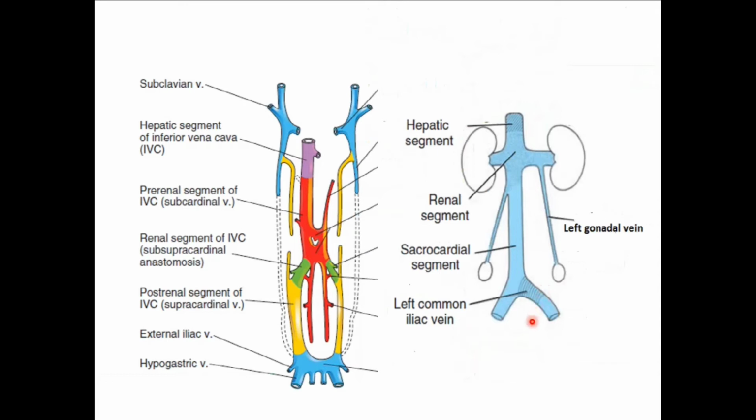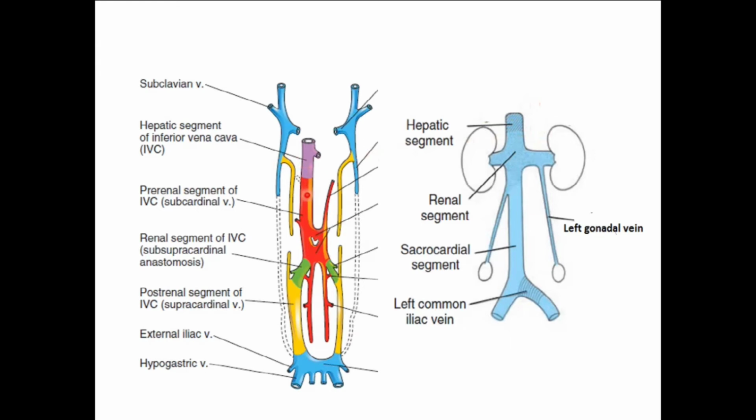Now here is the picture of inferior vena cava with its different segments: hepatic, renal, sacrocardinal, and you can see that there is one more picture on the left hand side. This is from KLM, and they have shown the formation of the inferior vena cava in different segments. Hepatic is same as shown in this. This is from Langman,